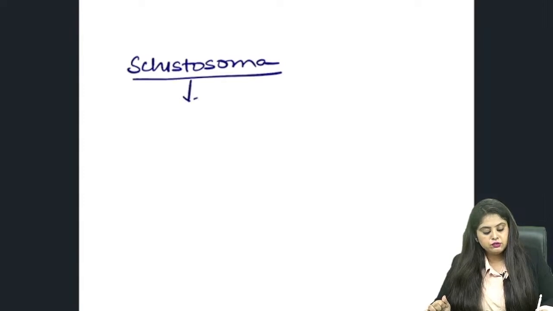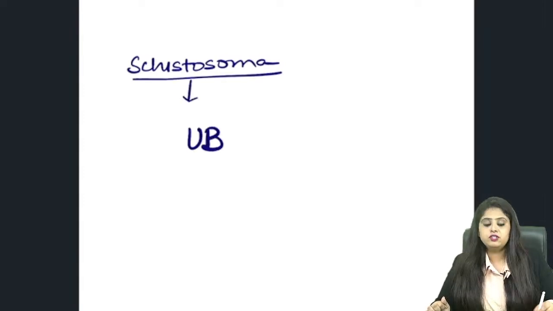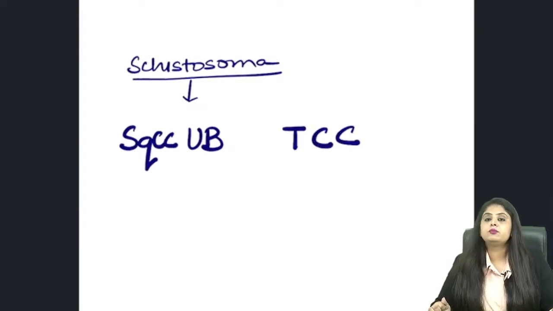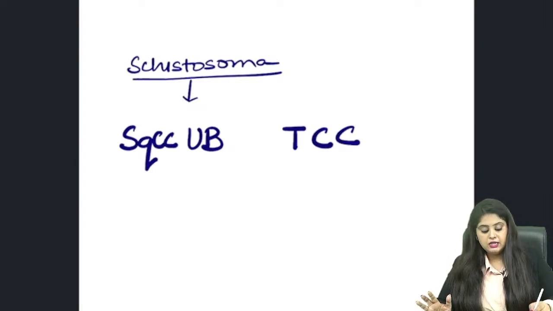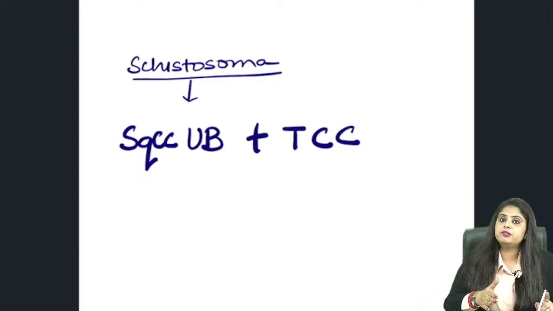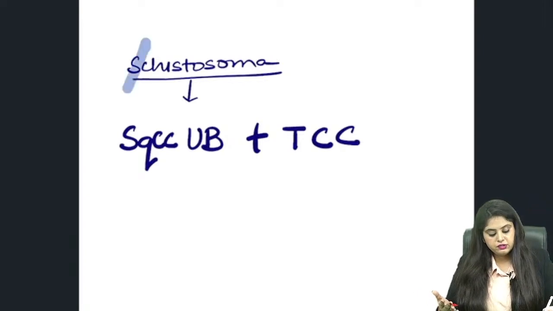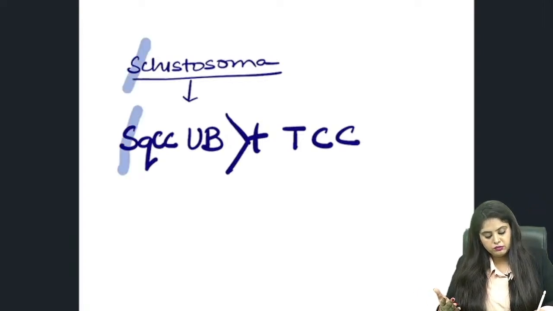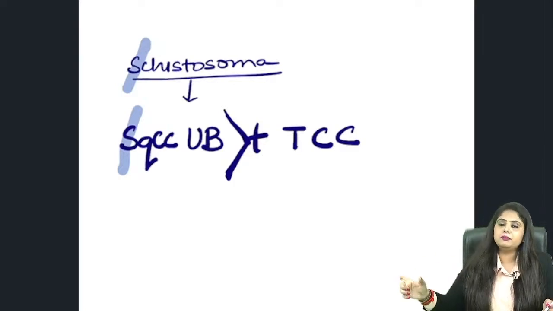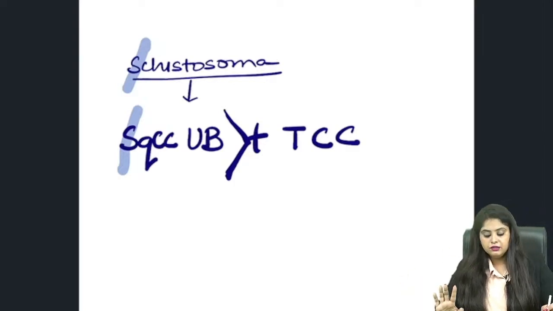Now coming to a question of path micro medicine correlate. When they talk about schistosoma, which is the cancer that it can cause? Schistosoma causes cancer of the urinary bladder. Which cancer? Squamous cell carcinoma urinary bladder, transitional cell carcinoma urinary bladder, both, none. Answer is both. If they ever say schistosoma causes squamous and transitional both, but obviously schistosoma is more commonly going to cause S for S, that is squamous. So if both is an option, please mark both. If you have to mark one best, you mark squamous cell carcinoma.